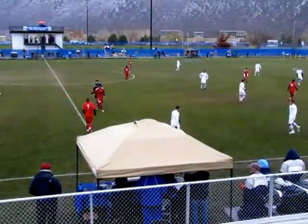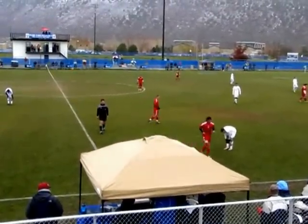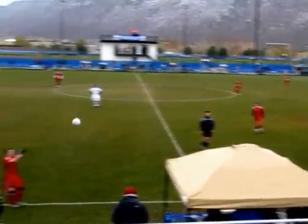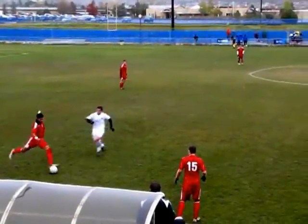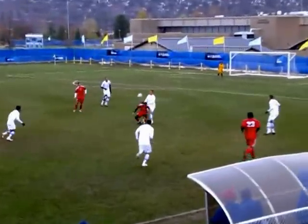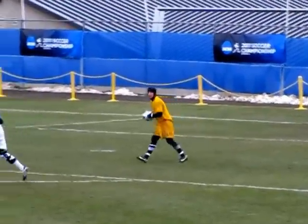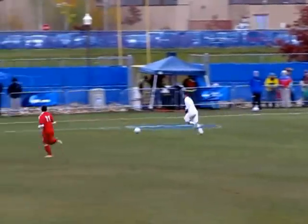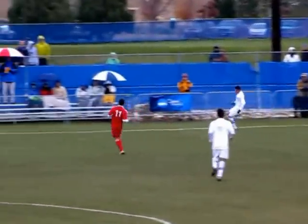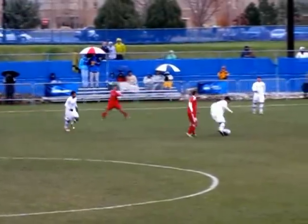There'll be a substitute for Incarnate Word. Yeah, another sub here, number 23 for Incarnate Word. Abraham Campos has come off, and I believe that was number 7, Vinny Bailey, that's come in. Yes, he was the man who scored the winning goal against Midwestern State to get Incarnate Word to this game today. 1-0 Incarnate Word over Midwestern on Friday, but here at 0-0 as we are past the halfway mark of the first half,